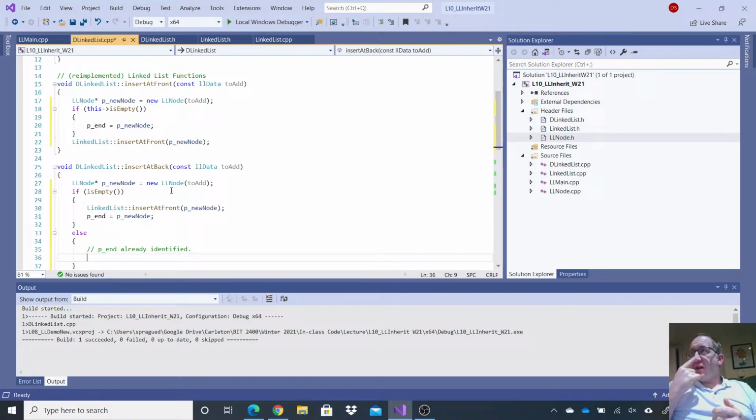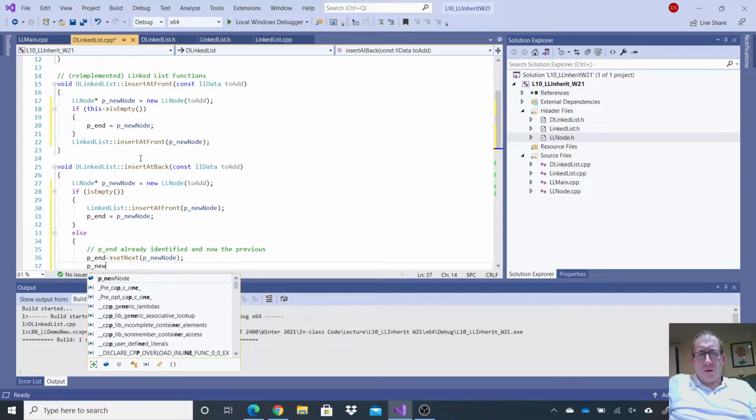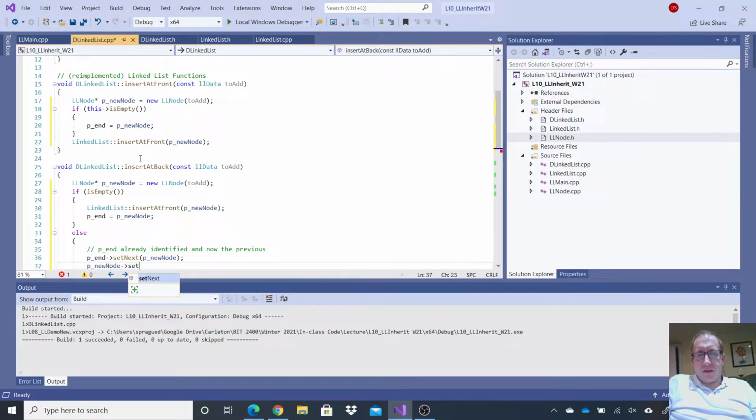If that's in fact the case, then I am going to attach the p end to this new node, set the new node to be p end, and I will need to set the previous. This new node I'm adding, I need to point it back to the previous endpoint. Oh wait, that's my IOU. So in this case, I'm going to say p end set next p new node. All right. My p new node set previous. Oh crap! I don't have a set previous. We're going to have a set previous, but